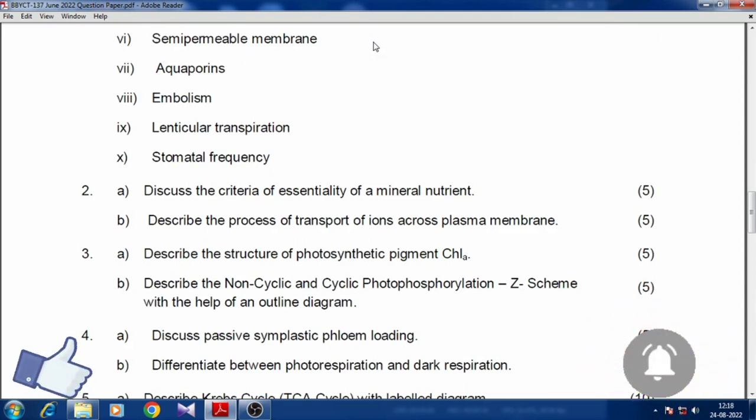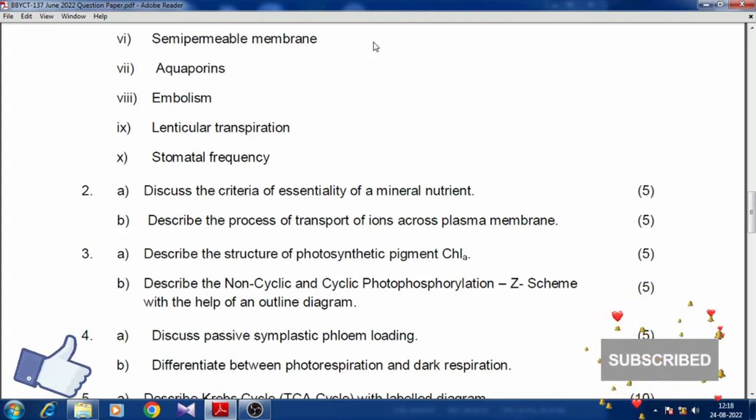Discuss the criteria of essentiality of a mineral nutrient. Describe the process of transport of ions across the plasma membrane. Describe the structure of photosynthetic pigment